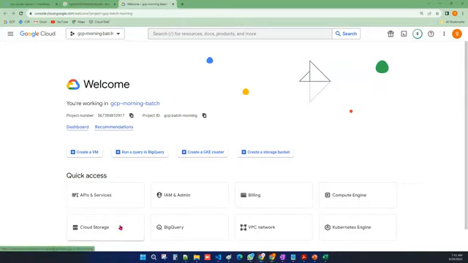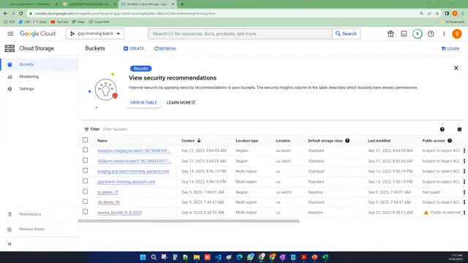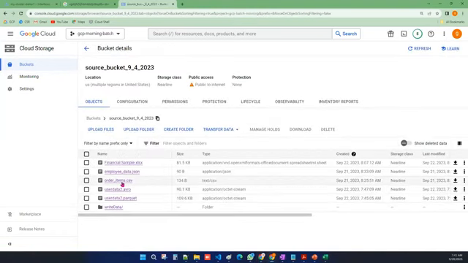Let me go to cloud storage. So I'm taking any of the bucket for the source. I'm considering this bucket. You see here, one of the files I have here is order items.csv. So what this file looks like is,